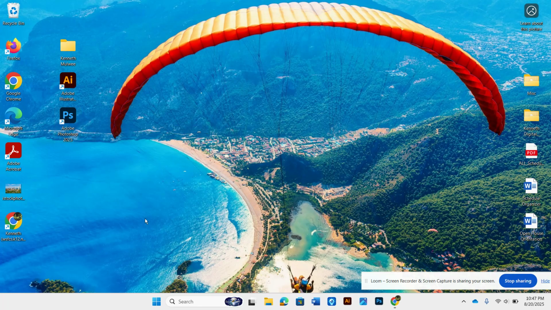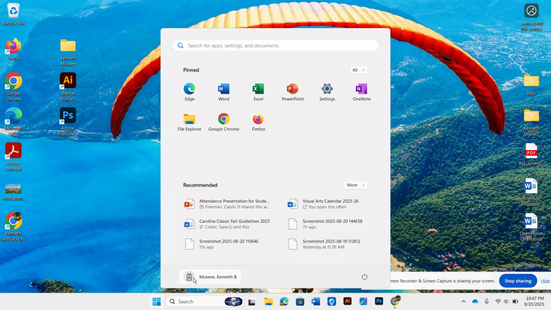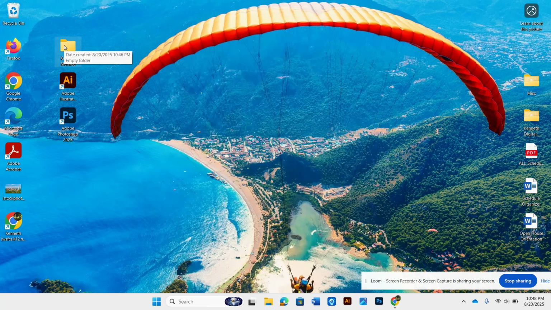Now one thing I want to point out about the Start down here, if I click on that, you can see my name on it. And that is also where you can sign out. If I click on that, it's going to give me the option to sign out. So always make sure you sign out at the end of class. If you don't sign out at the end of class and someone comes in and sits at your computer, they could easily say, well, what's that file doing there? And just go